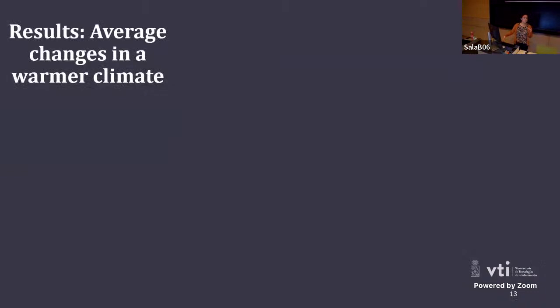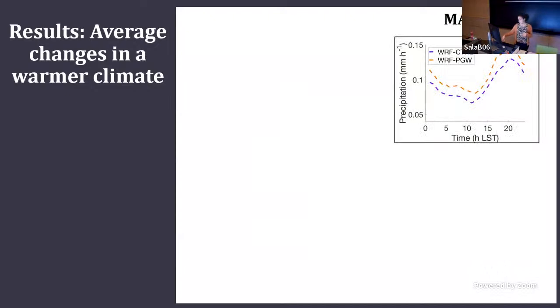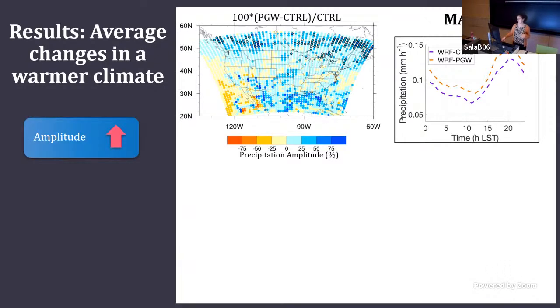With that in mind, it's kind of a performance assessment, right? How the model is really capturing this. We study and analyze the climate change impact effect in this simulation. So here I'm showing another month. This is May. On the right panel, you see the control simulation, the historical simulation, in purple again, and then orange shows the future scenario. So we have an amplification of the precipitation amplitude